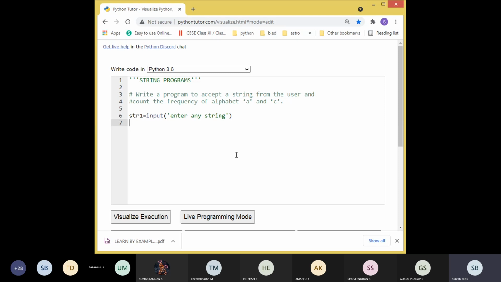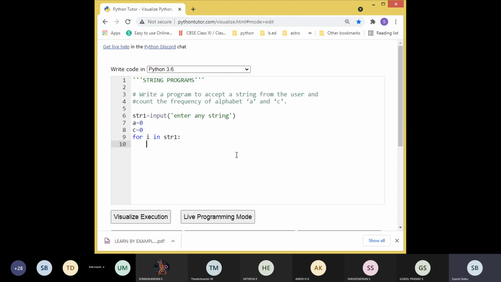So I'm going to use two variables: a equal to 0, c equal to 0. Then again we want to go through all the characters, same method, for i in str1. So i means every character it is going to process.